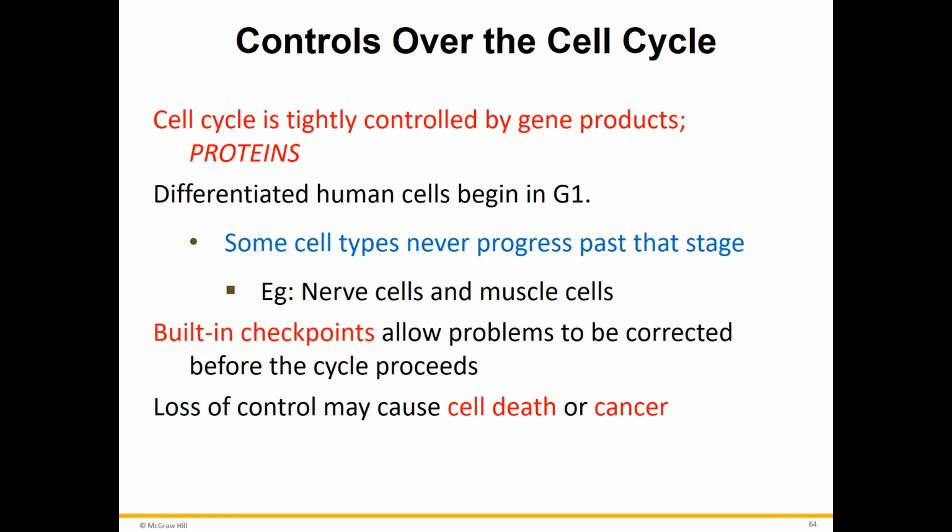So the differentiated human cells, when you first create a new cell, it begins in G1. And remember, every cell starts out in G1 and then they're shuffled over to G sub O. But notice there are some cell types that never ever move into the S stage. Those are your nerve cells and muscle cells. And you probably in the back of your mind knew something was different about nerve cells because there's people that get injured, whether it's diving into a pool or in a car accident or military individuals.